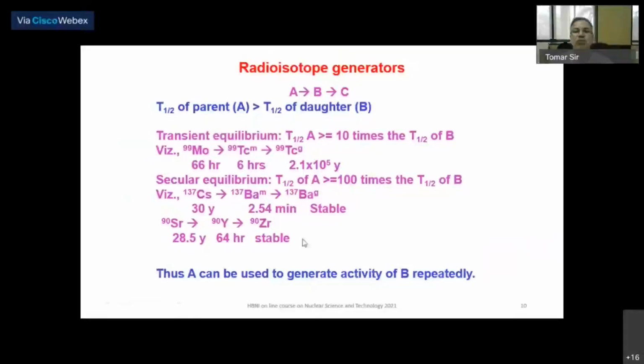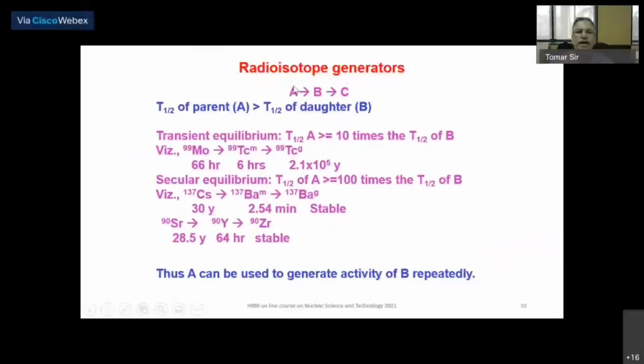Okay, so this was about the production of radioisotopes in accelerators. Now I will just give you some of the other aspects of radioisotopes, like radioisotope generators, which are very, very useful in many applications. I already gave an example of a radioisotope decay chain, where a radioisotope is decaying to another isotope, which is also radioactive. A going to B, going to C, where A and B are radioactive. And so this is the parent, this is the daughter, and this is the end product.